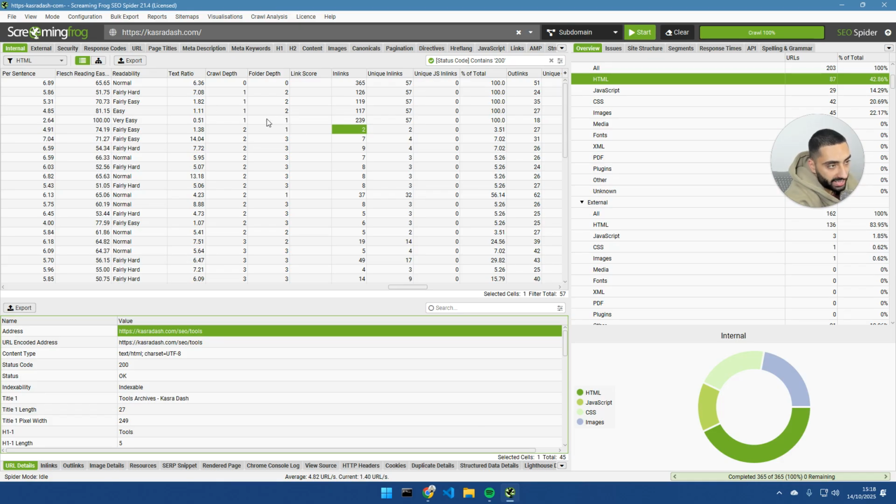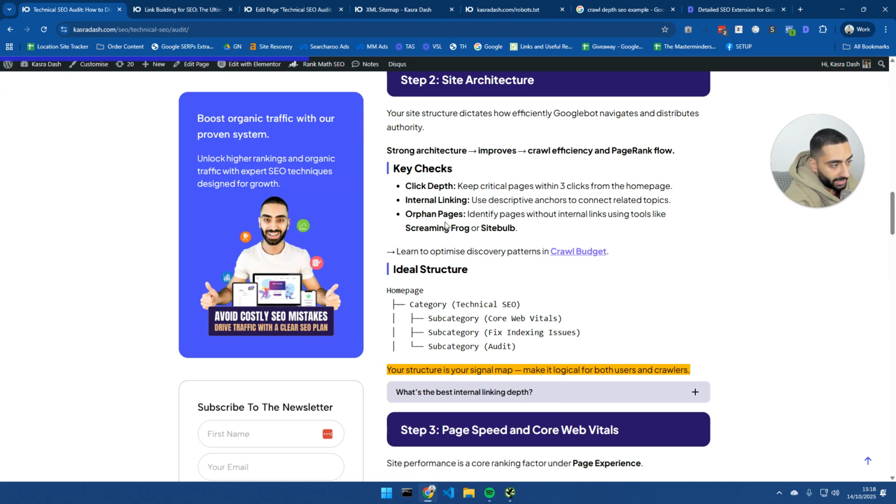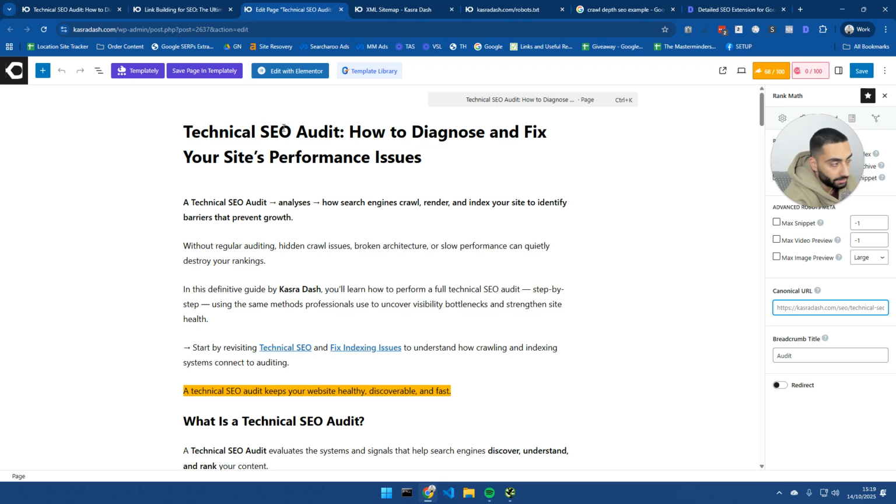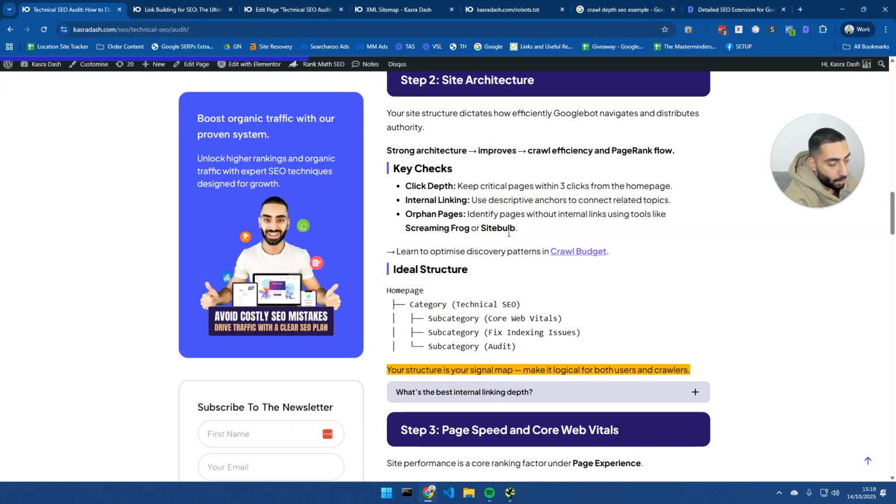Now, you remember how I said that I have got some pages that have only got like 2 internal links? Now, an orphan page is basically a page on your website that has been published to your blog, or it might be a product, for example, and it has got 0 internal links. Now, the reason why that becomes a problem is that, yes, you might be able to view it. You might be able to go into your back end and view the page. However,